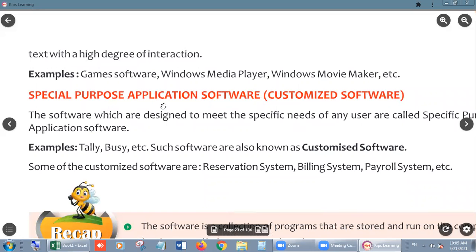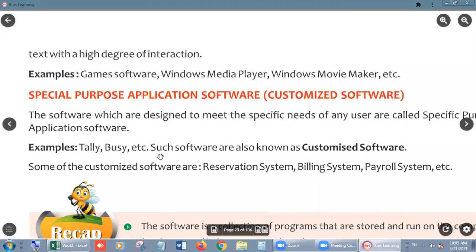और लास्ट है बेटा स्पेशल पर्पस एप्लीकेशन सॉफ्टवेयर, कस्टमाइज सॉफ्टवेयर. कस्टमाइज का मतलब क्या होता है बेटा? Customize means when we are able to change software according to us, यानी अपने अनुसार हम अपने सॉफ्टवेयर को चेंज कर सकते हैं. This is the rule, right? सो इसका एक एग्जांपल हमारे पास है, जैसे टैली, बिजी, ये आपके लिए नए नए वर्ड्स हैं और अभी आपको इतना समझ में नहीं आएगा, लेकिन बस आपने ये समझना है कि what is customize software. कस्टमाइज मींस अकॉर्डिंग टू अस, हमारे अनुसार जो चीज होती है, that is customize, right?